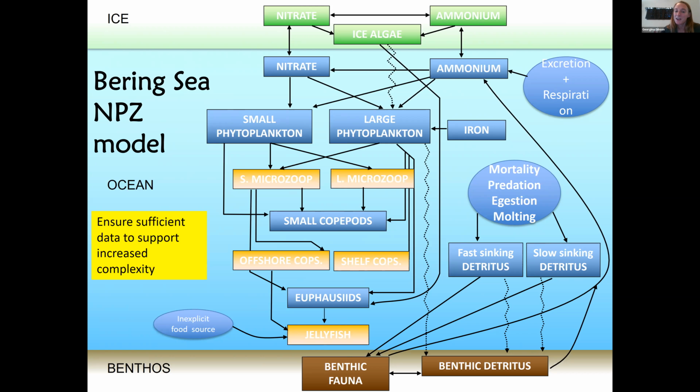We had all this enthusiasm early on to include it, and then it turned out, well, yes, we've seen them out there, but actually we don't have the data or know the biological processes that I can code in to actually represent the dynamics of that component really effectively. So that was a lesson learned.